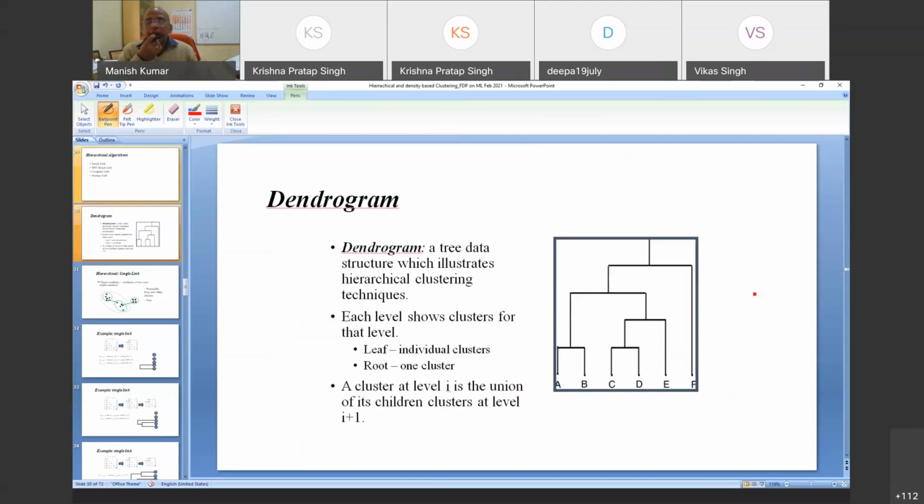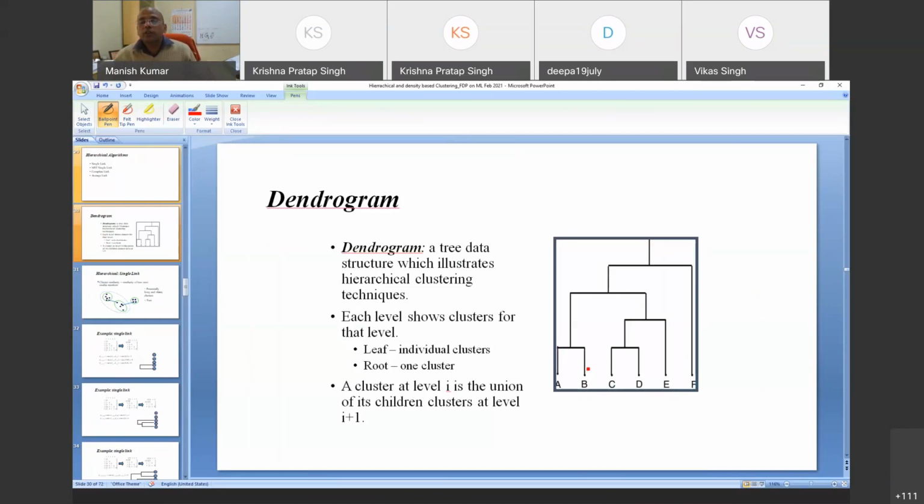To get the specified number of clusters, during the process we make use of a dendrogram. A dendrogram is a tree data structure which illustrates hierarchical clustering techniques. So what we have is that you can see these are the data points, and what it actually